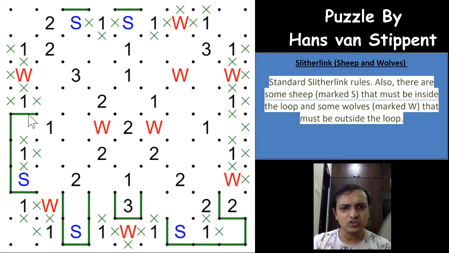And now if you see, this loop point will either go towards the right or towards the bottom, and both the ways it will have a cross here, because both the ways are one is fulfilled, which means that you will mark a cross here because nowhere to go for this loop, so it will have to go this way.